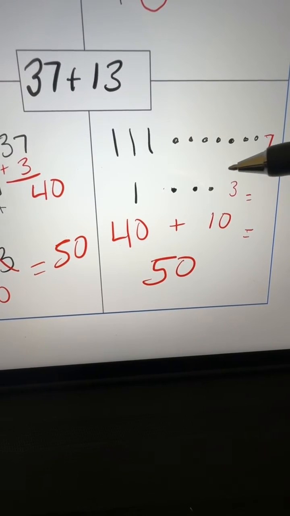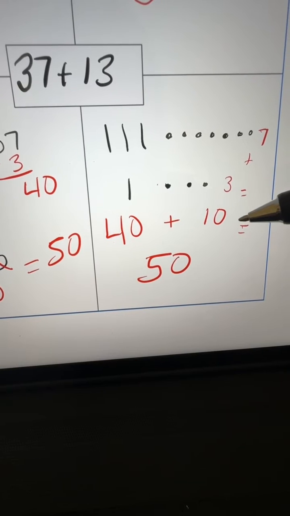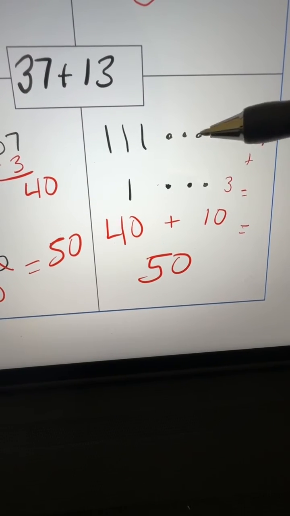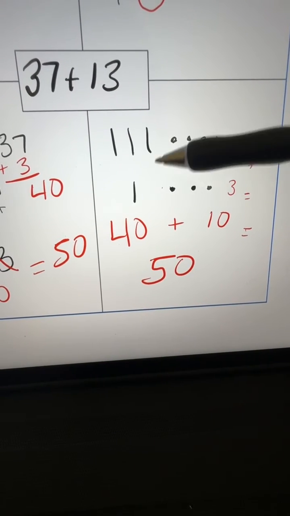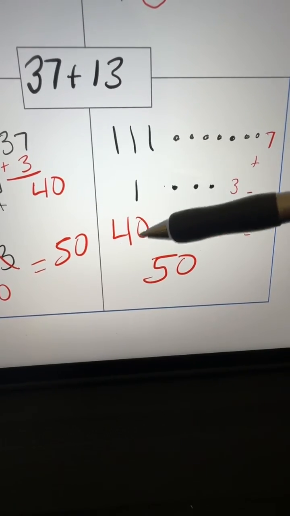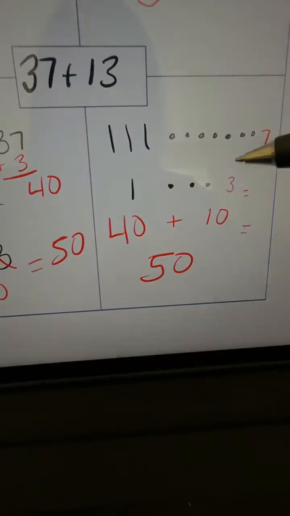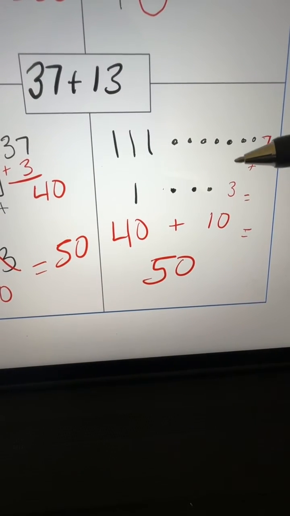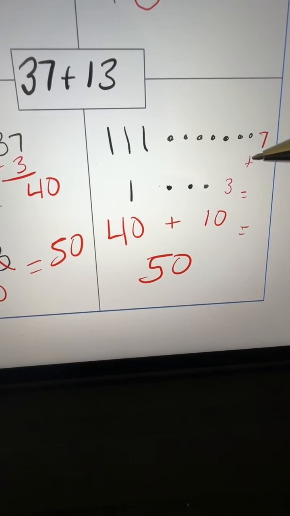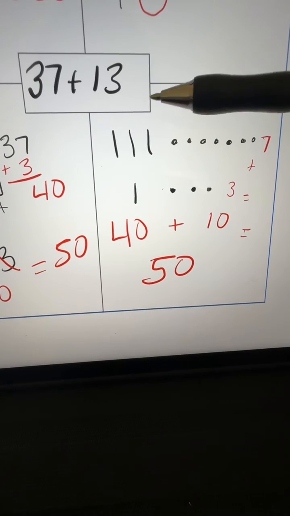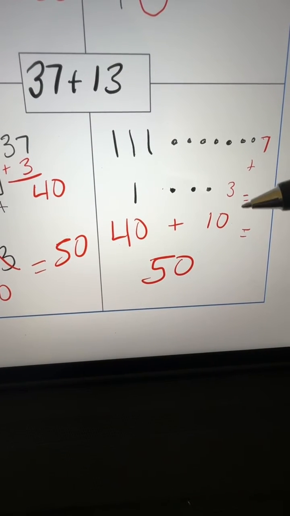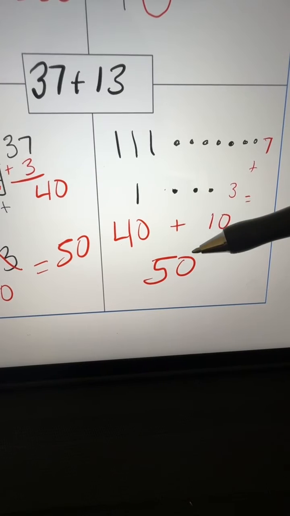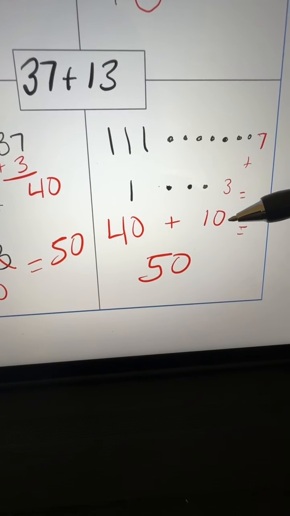So it'd be 37 plus 13, and I would have them add up the 10 units. So there's 4 10 units, which would be 40. 7 plus 3, which is an easier equation to solve, versus 37 plus 13. So it would be 7 plus 3, which would be 10, and they would get 40 plus 10 right here